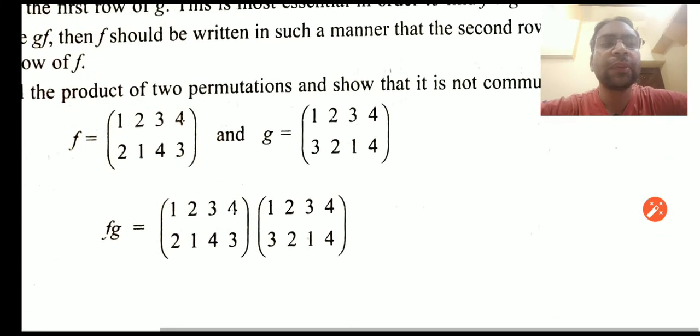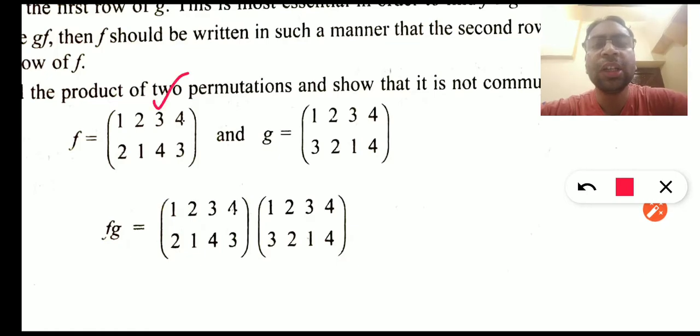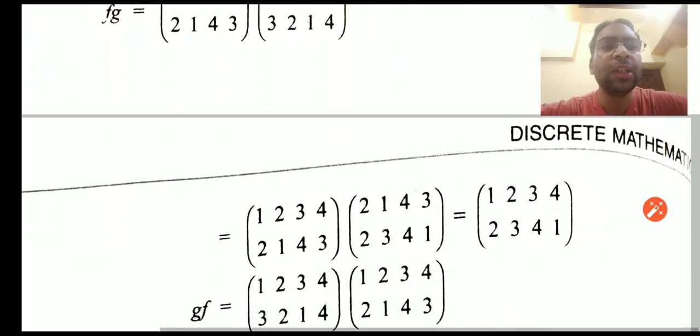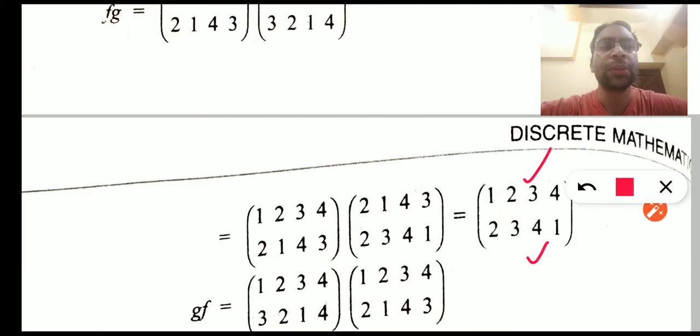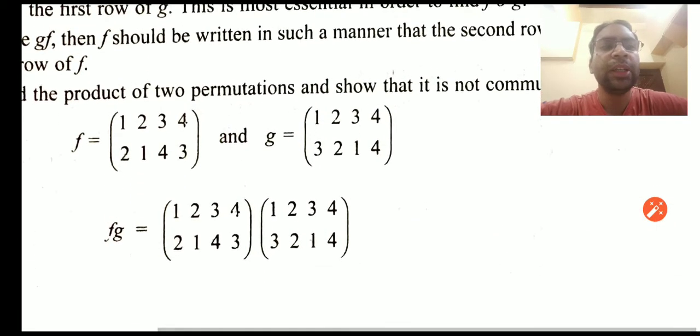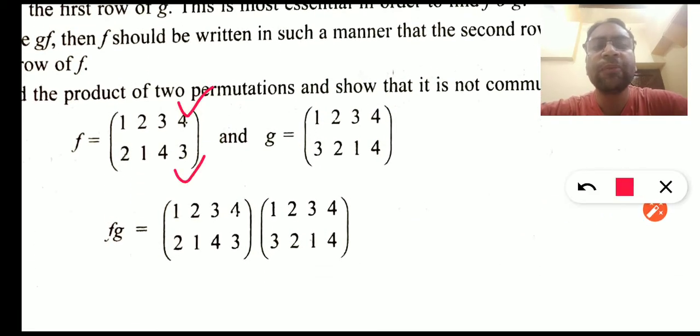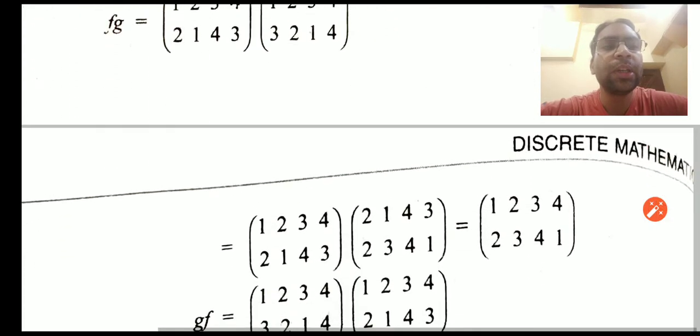Now in a similar way, if we find out the next element, this is 3 mapped with 4, we'll search for 4. 4 is mapped with 4, so the resultant is 3 to 4. So let's see in the resultant, which is 3 to 4. Similarly, the last one, the element 4. So 4 is mapped with 3, 3 is mapped with 1, resultant 4 with 1. So let's see in the resultant mapping. Yes, we can see 4 is mapped with 1. So this is the F o G. So this is the product.